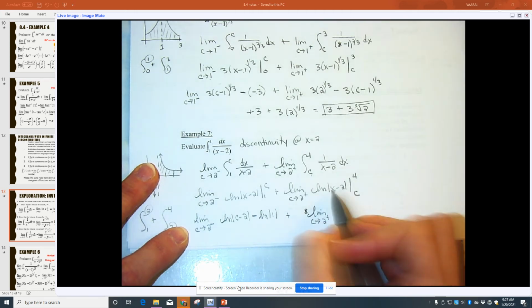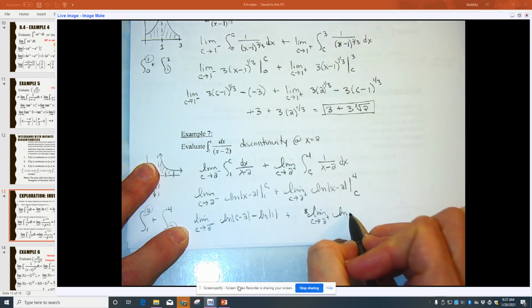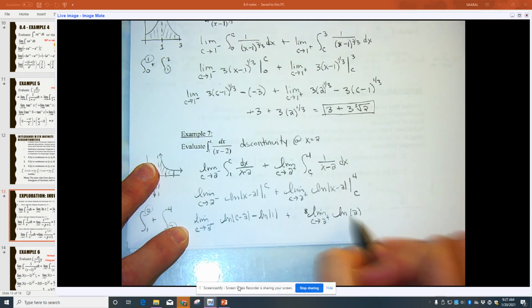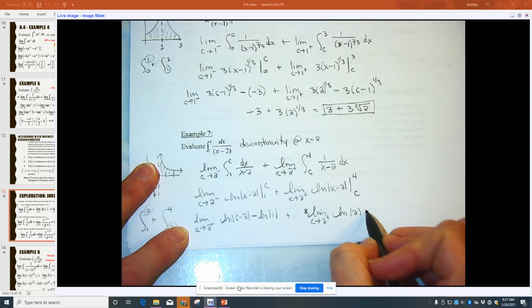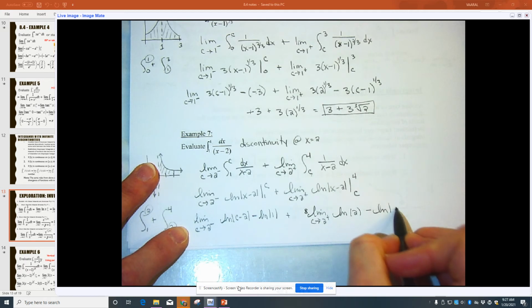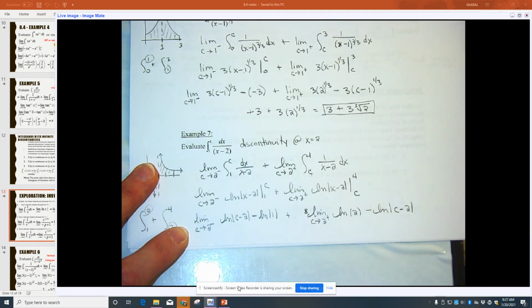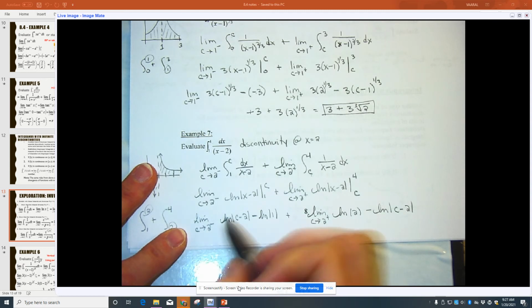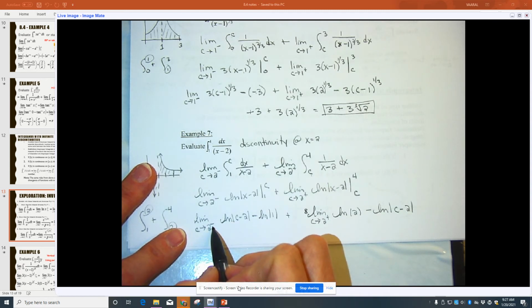First, I'm plugging in 4 here, so that's going to be natural log of 2. 2 is positive, so I can get rid of the absolute value, minus natural log of c minus 2. Okay, now let's take our limit. So if I am plugging in